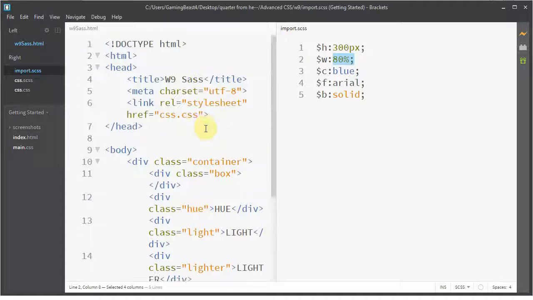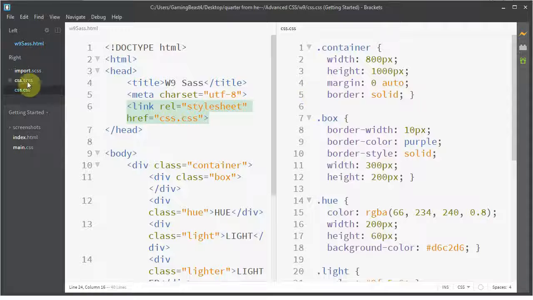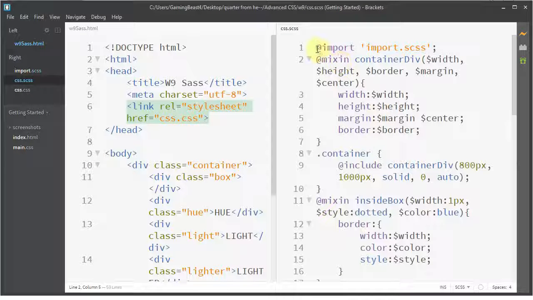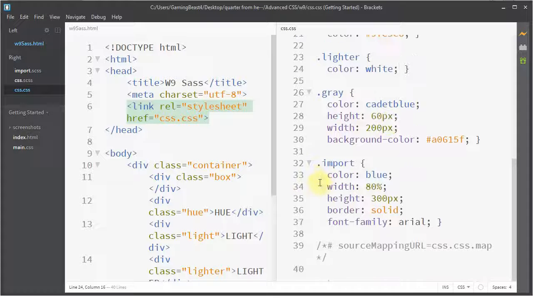Okay, now that brings us to, wait a minute, we're not up here, right, where we're linking our CSS. What the heck's going on? Because we don't have 2 different style sheets. Well, that's the cool thing that's going on here: it'll import it. When it compiles it, it'll automatically put all of these styles from here and here into one. So we can come down here to import, and we can see that it did it all for us, even though this was part of an external SASS file. So that's kind of cool. When you compile it in the end, it all just gets thrown into this one CSS file,